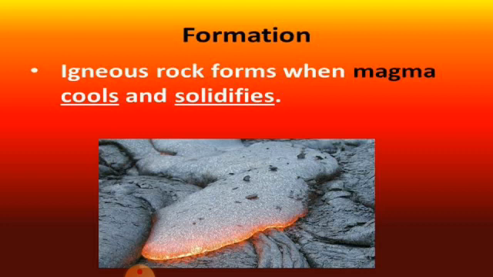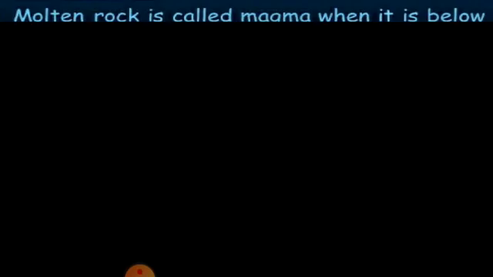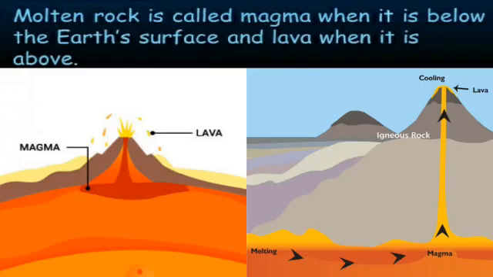Do you know, children, what the word magma is? Magma forms from the melting of mantle rocks. The rocks present in the mantle layer, due to heat and high pressure, start to melt. As the magma moves upward due to the movement of tectonic plates, it rises or comes up through the earth's crust.